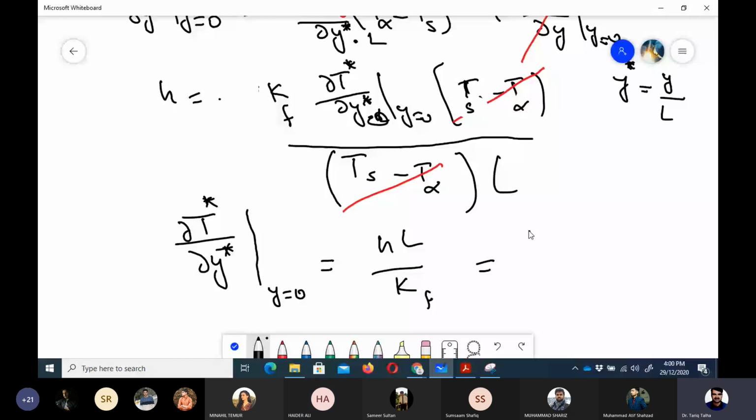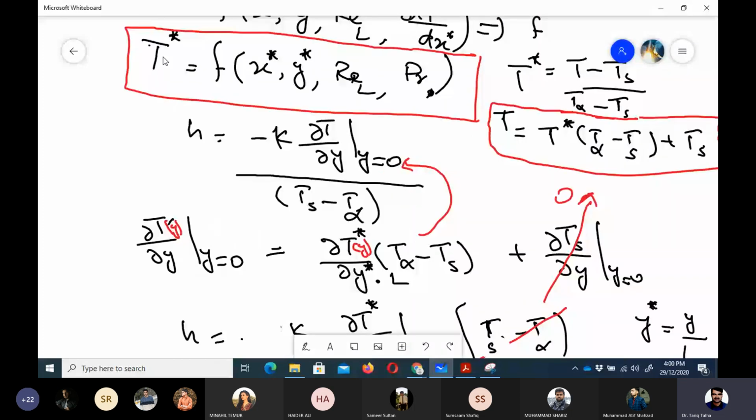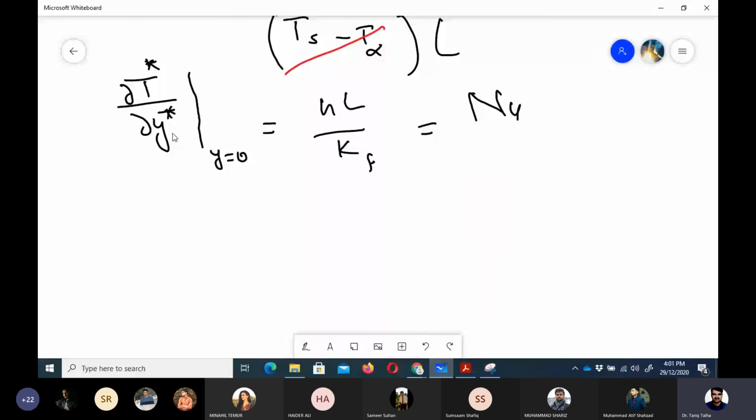So now if we rewrite the functional form, just for clarity, T star is a function of x star, y star, ReL, where ReL means that the length we are using is the length of the flat plate, and Prandtl number. If I write it again here, just for the convenience of seeing things,